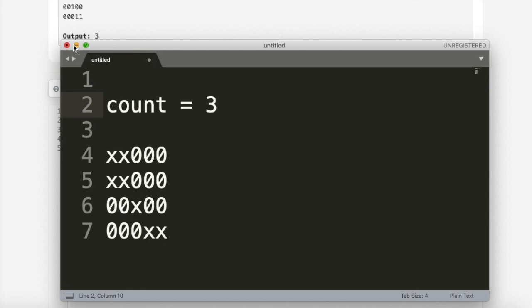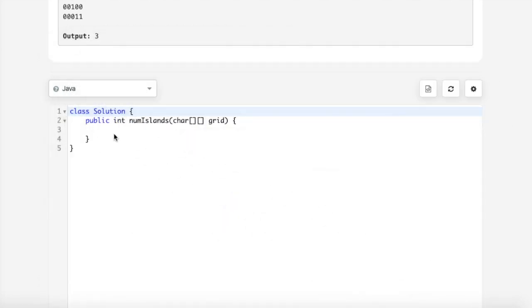So now let's see how we can code this up. To do this, what we need is a count, right? Which is initialized to 0, and then I would have to go through the entire 2D array.